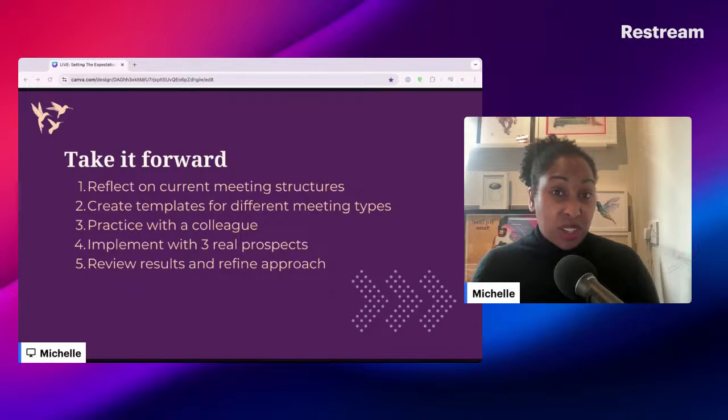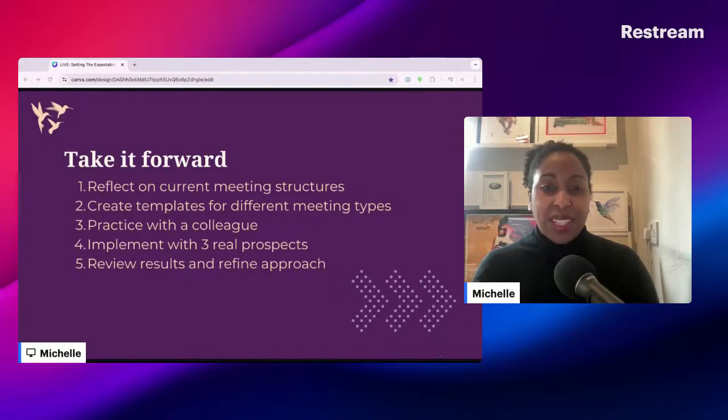Try out with colleagues, your manager, mentors, get a feel for it, and then run a small batch test of 3 prospects. Consider what feels sticky, and it might all feel sticky at first, but it will soon become natural. But step 5 is really take time to review what happened with those 3 test prospects. What do you want to keep? What do you want to refine or change? Good luck finessing your deal control. Let me know how it goes.